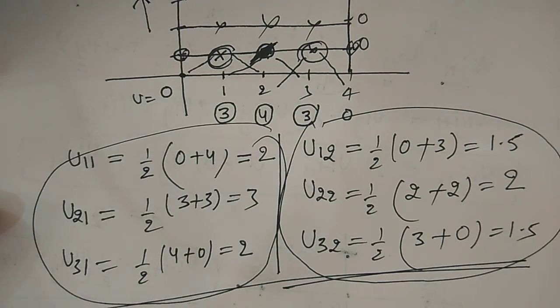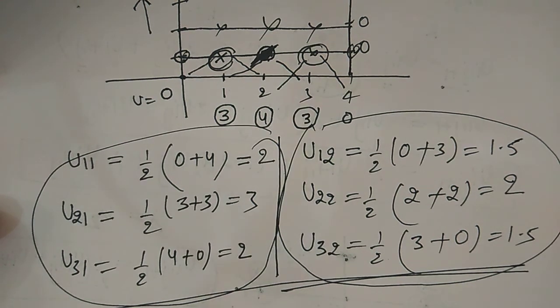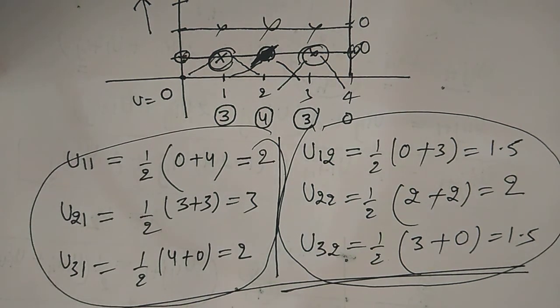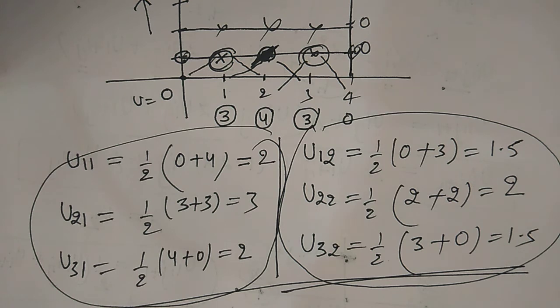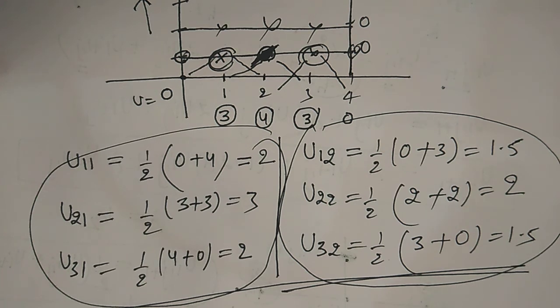So when lambda equal to half, we get the simplified form, which is called the Bender-Schmidt scheme, and this is an explicit method. The Bender-Schmidt scheme is called an explicit method because the value of u at the j plus 1 level we are able to write in terms of the value of u at the jth level.